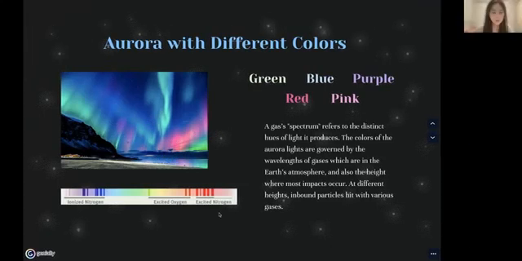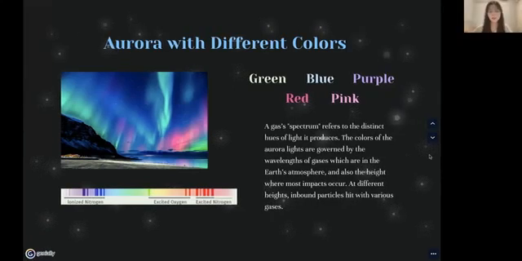This picture shows what condition can create what kind of aurora. In ionized nitrogen, we can see aurora with purple and blue color. In excited oxygen, aurora is green and red. In excited nitrogen, we can see red aurora.